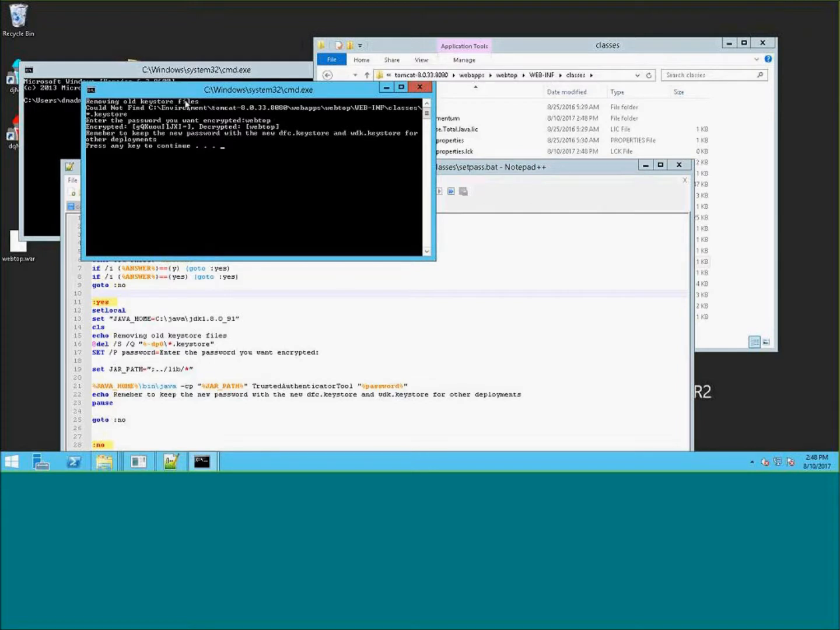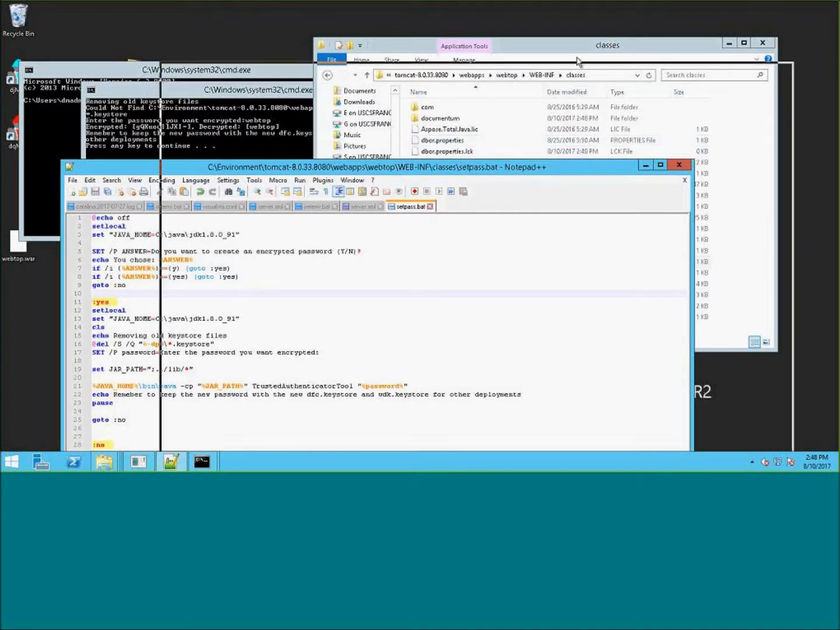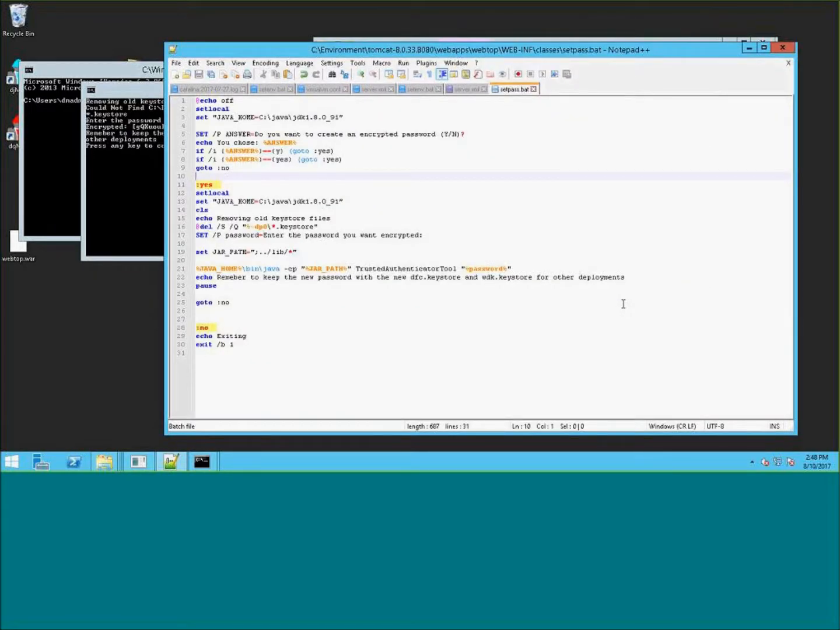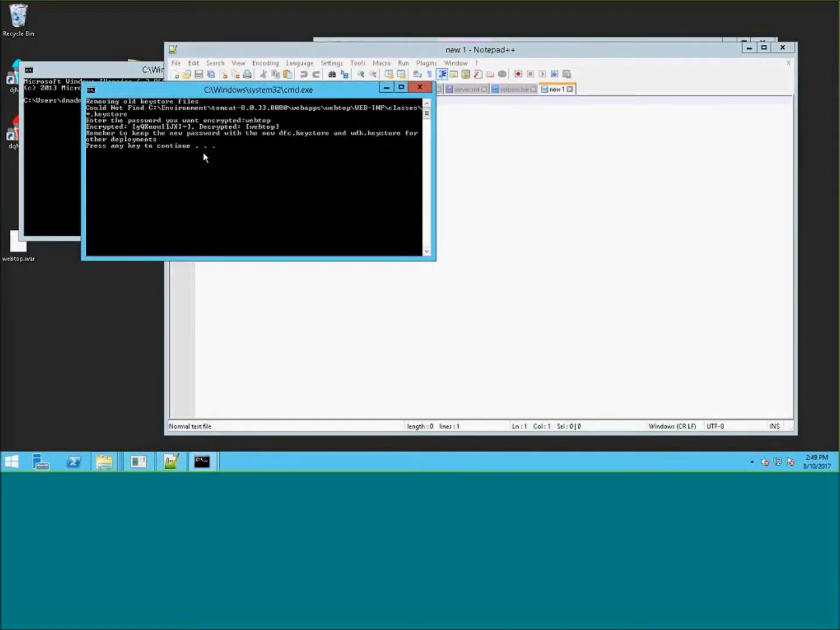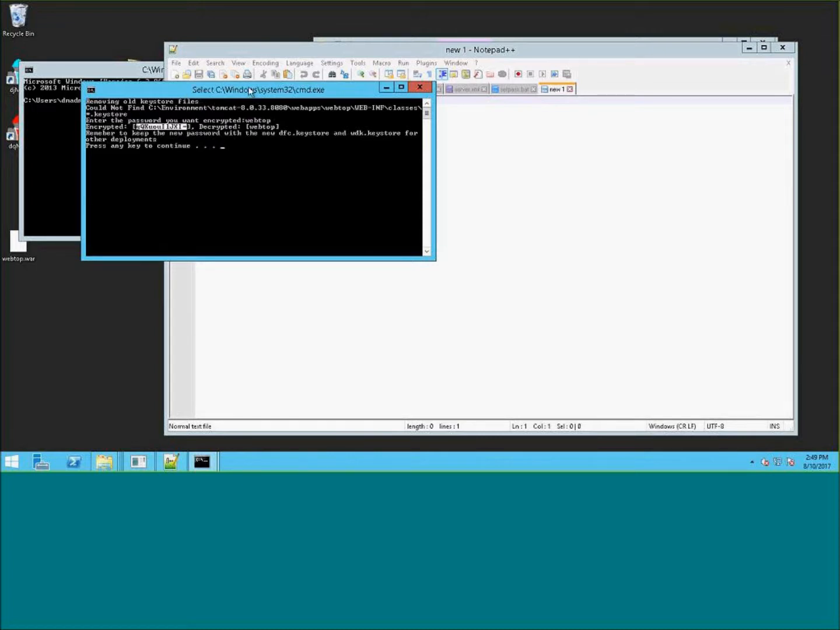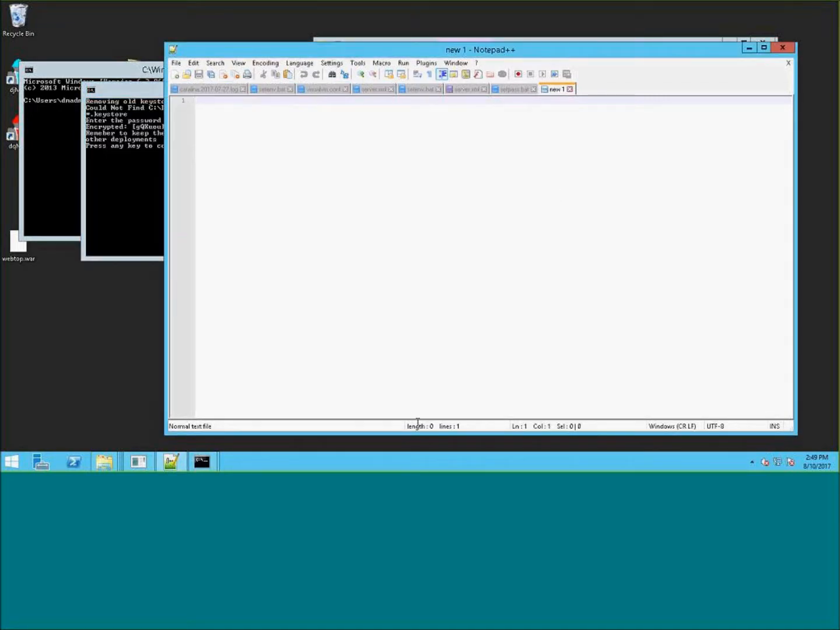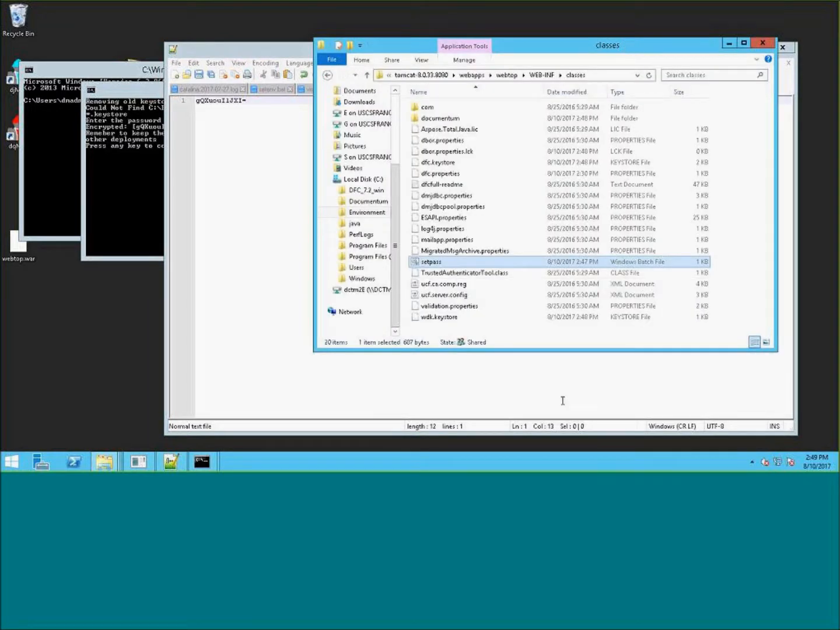All right. So back to what we're doing here. What you want to do is, first of all, maybe open a new tab, and you'll want to get the encrypted password from this and put it in a new document. So what you'll want to do is